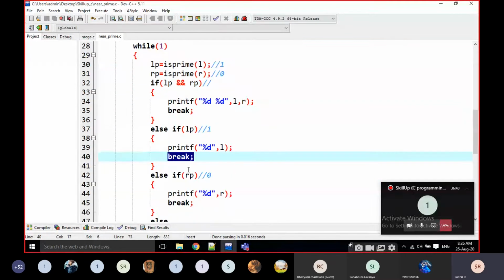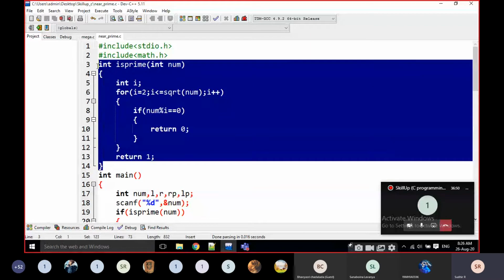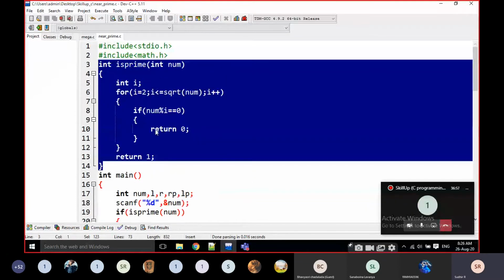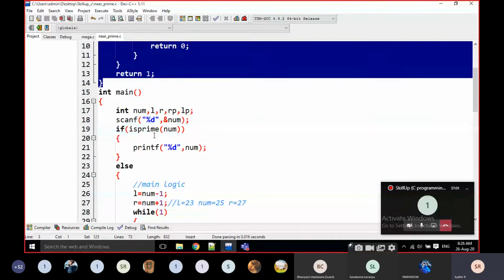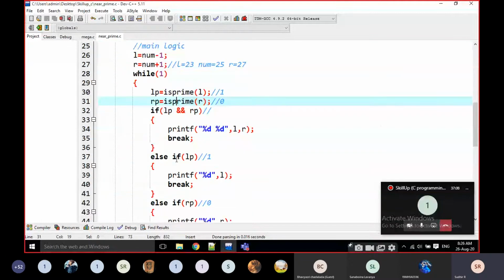Is the program understandable or not? Very simple logic. We are writing the same logic here using this function only. Every time I write the function only one time. How many times am I using that same logic? One time, two times, three times. I am using it 3 times here. That is the usage of functions.